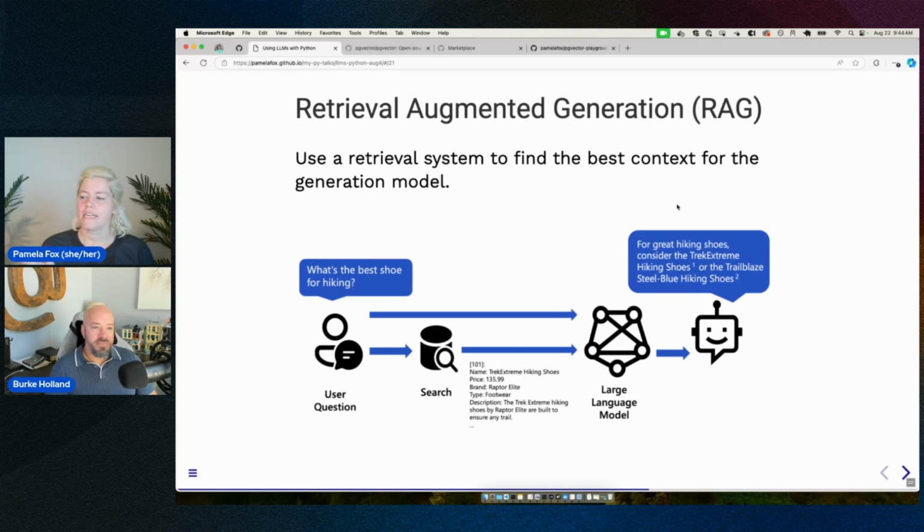So the general way that it works is that we get a user question, right? Maybe this is for an outdoor products website. So what's the best shoe for hiking? And then we use that question to search some sort of database, search engine, vector store, something that has the information in it. And we get back the results. We'll get back maybe between 3 and 10 results. We don't want to get back too many results because we don't want to overwhelm the LLM. We want to get just the right amount of results where it has the answer but it doesn't contain confusing